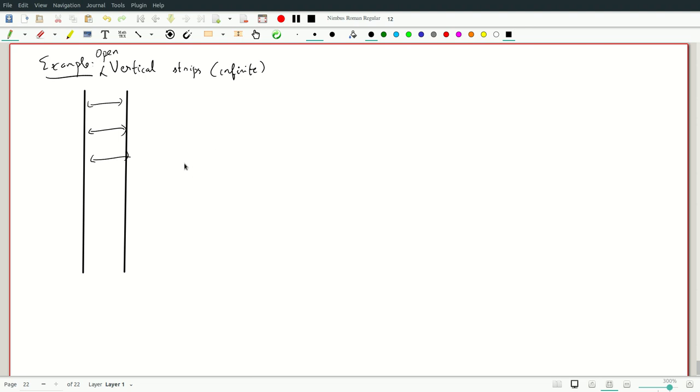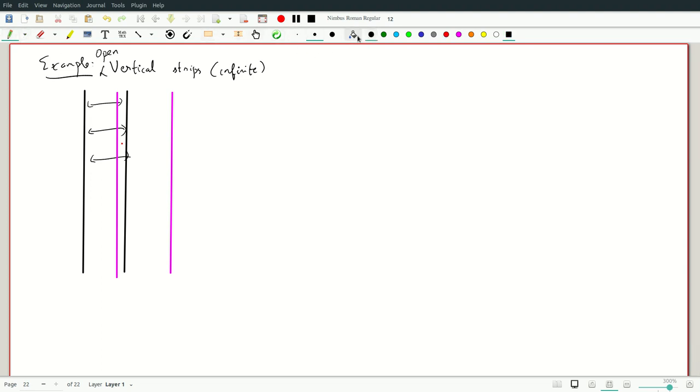And the reason they form a basis is if the two of them intersect, which will happen if I take a line like this, and for example this way, and this is also a vertical strip, and I take a point here. This is just like an interval. My picture has become such that I cannot actually draw a vertical strip fitting here, but you can see that there is a vertical strip contained in this, just like an interval. So this is an example, and let's look at a non-example